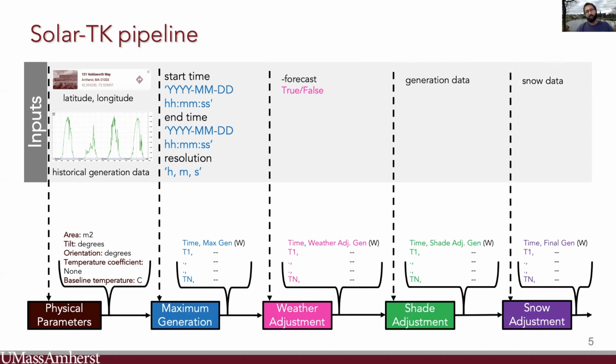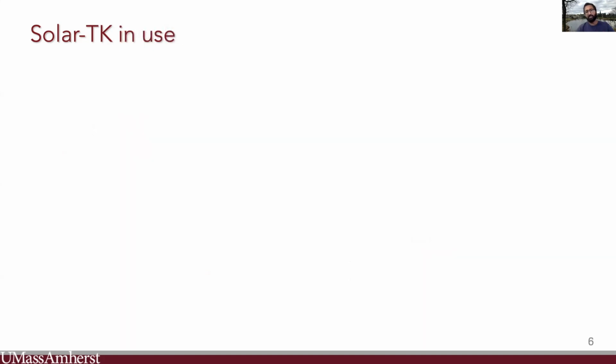As you can see, Solar TK is a highly configurable and extensible toolkit. You can take output at any of the intermediate stages and compose the pipeline in any manner. You can also easily add additional modules that incorporate the effect of other variables such as dust and rain. This extensibility and flexibility is very useful when enabling applications in the energy domain.